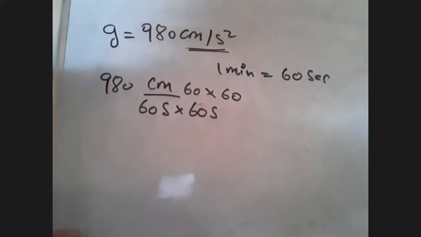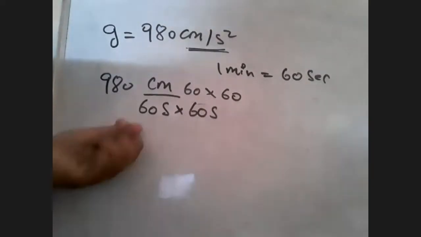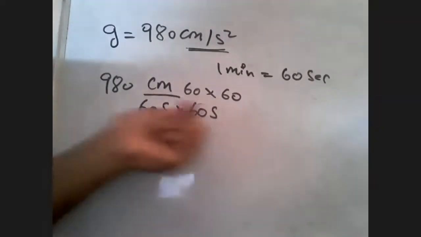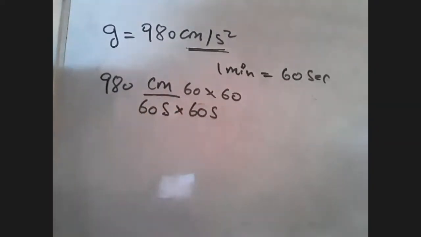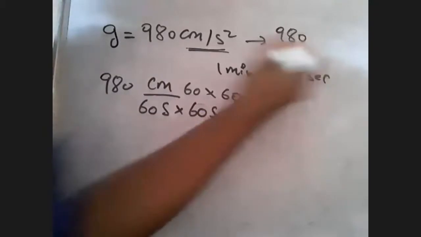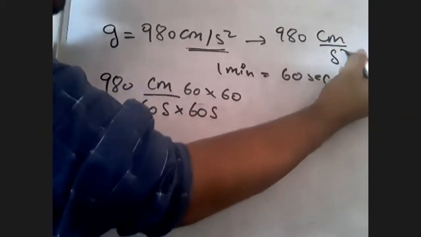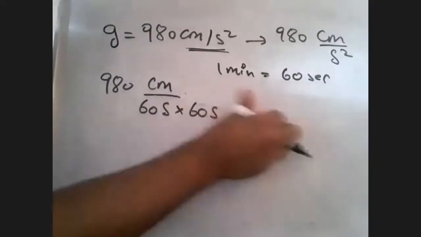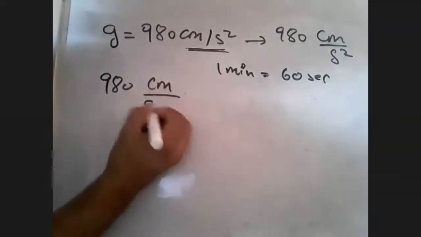But students, see, I got one thing already. What is that? 60 seconds, 1 minute. I got it in terms of minute square already. This is how we can approach the problem. Second thing, students, if you have to convert, why did you multiply 60 into 60 in the numerator? See, look here. What is given? 980 centimeter upon second square. So I wrote down this centimeter as s into s.